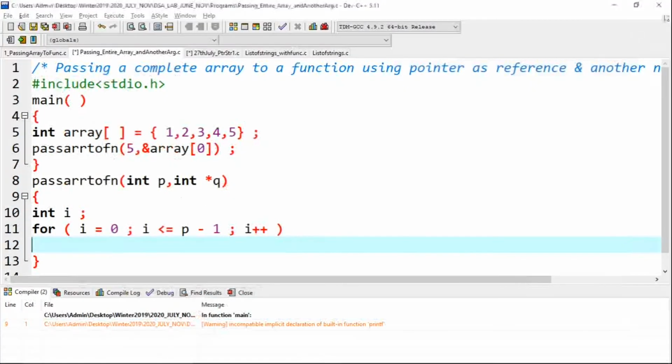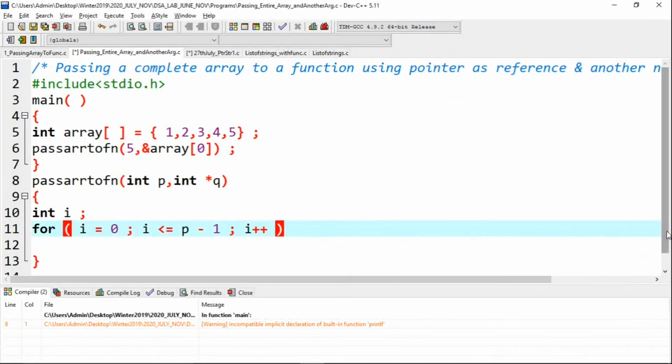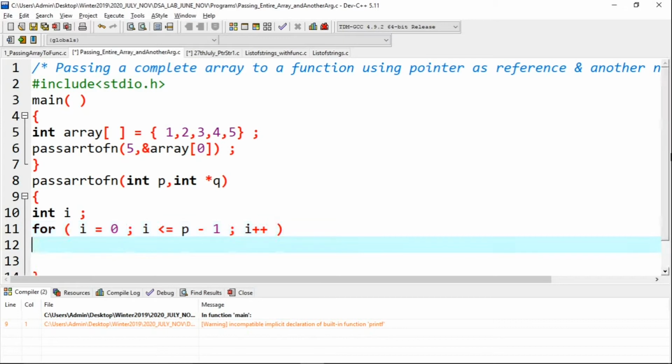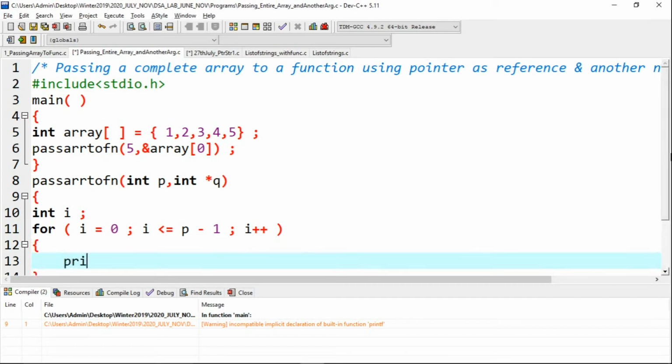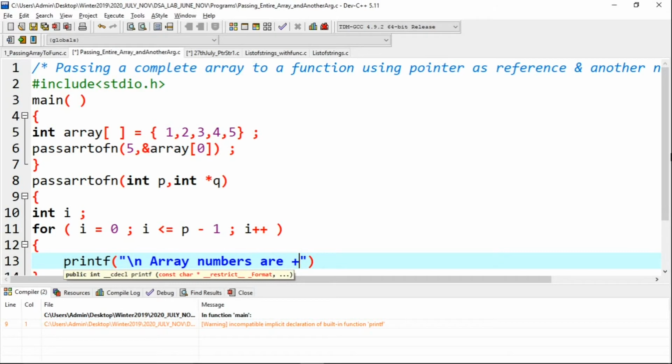Let us see how to print it. Here also you have to use the pointer q. You write printf("array numbers are %d"), and here you are printing by dereferencing the pointer, that means *q.